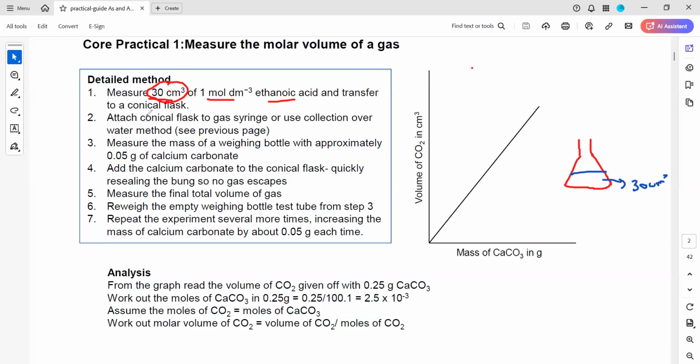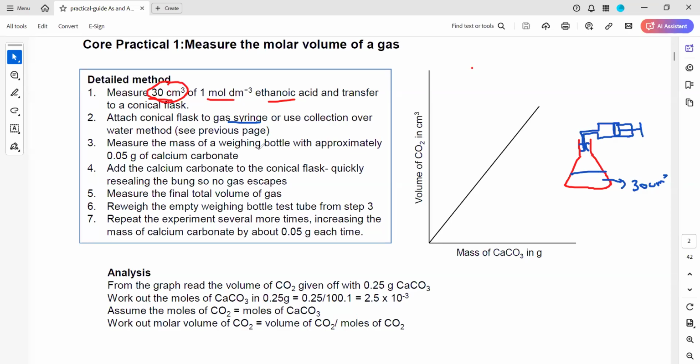So we attach a conical flask to a gas syringe, or we can also collect over water this gas which is released, or we can connect a gas syringe here. Then measure